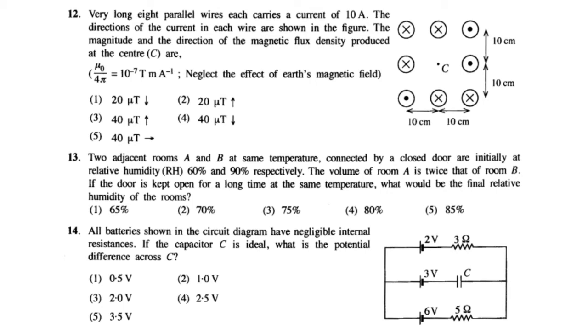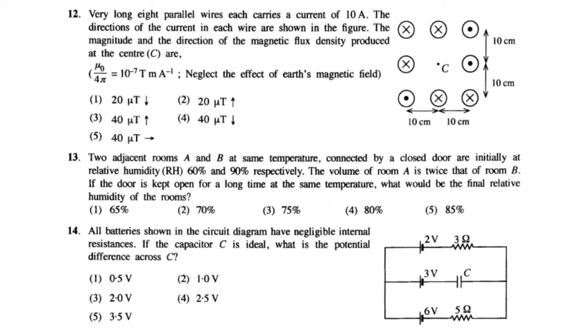Now we ignore the 3-volt battery and the capacitor, and we assume that all the current is passing through the outer circuit. So we can mark the current in that circuit as I. By using Kirchhoff's law, we can write 3I plus 5I equals 6 minus 2. Then we can find I equals half ampere, 0.5 ampere.